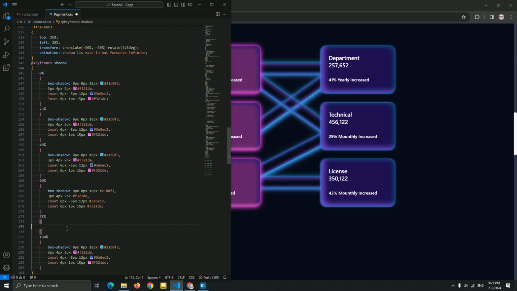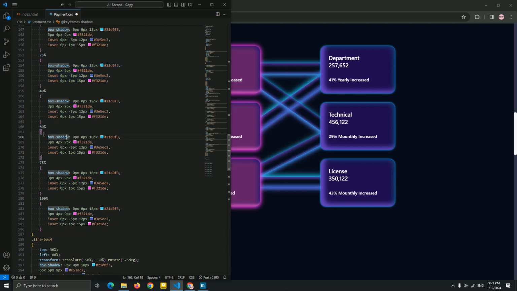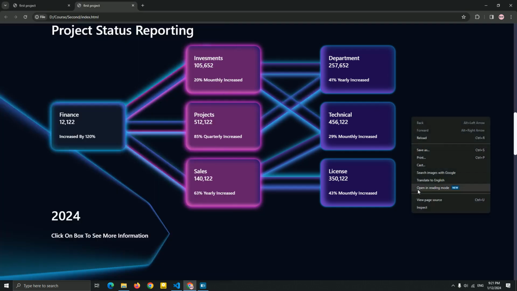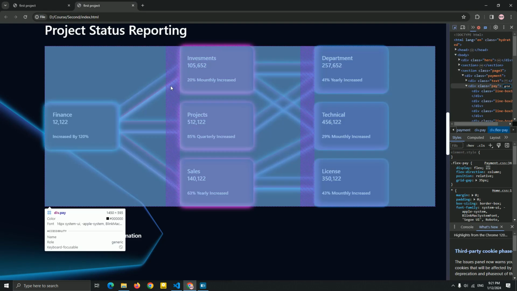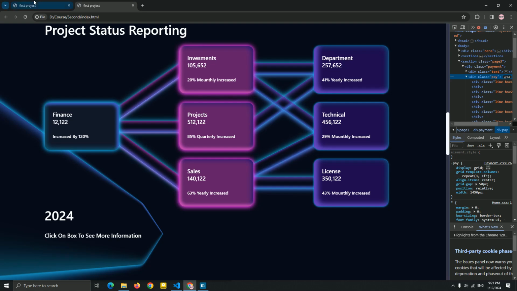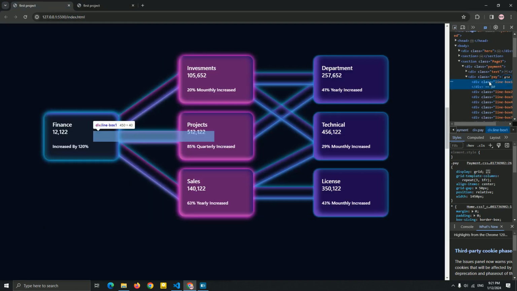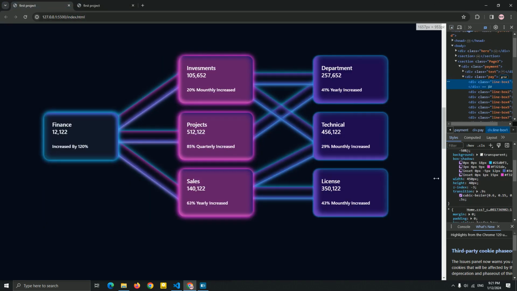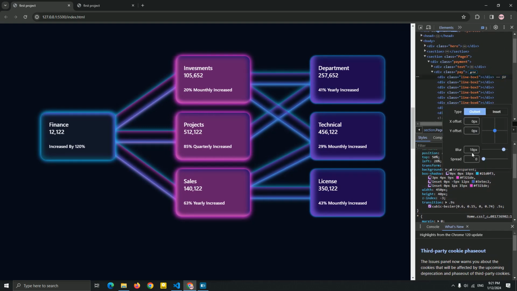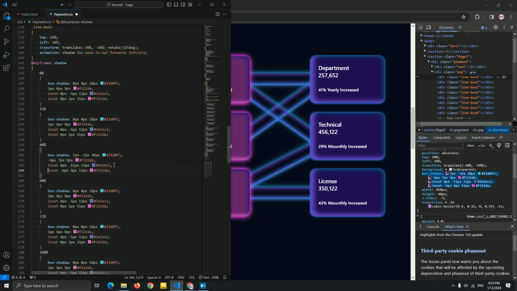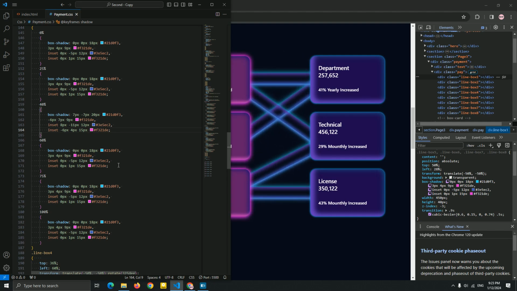Let me see what we need. I'm going to change it in 40% and 60%. So for this is 40%. Let me just see what we need for this animation, guys. So I'm sorry. For now, as you can see, we have this box shadow. I'm going to change it here for this 40%. Let me see what we need for this 40%, guys. Okay, this is 40%.